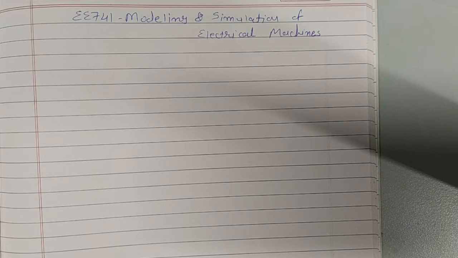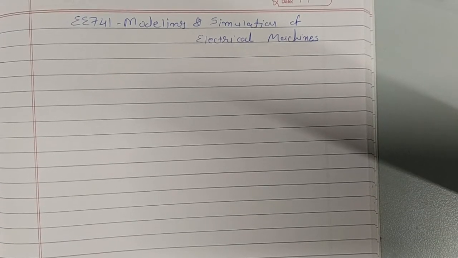Okay, the syllabus copy I will share with you via email, but in the syllabus there are a total of 6 chapters, and out of the 6 chapters, 3 chapters will be taken by me. These chapters include the modeling and simulation of 3 different rotating machines: DC machine, induction machine and synchronous machine. Before starting with the modeling and simulation of these machines, today we are just going to recall some of the basic phenomena of these rotating machines.